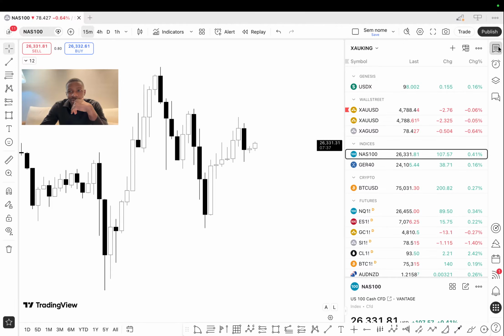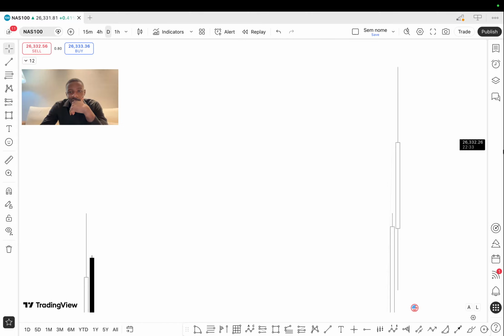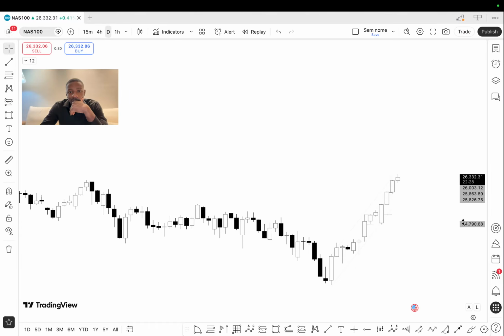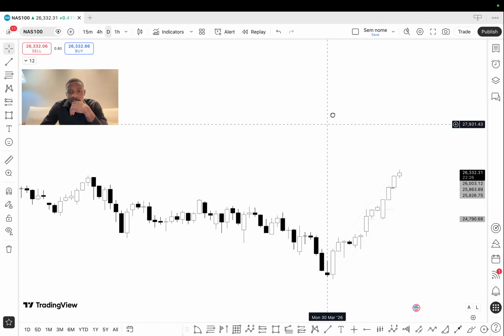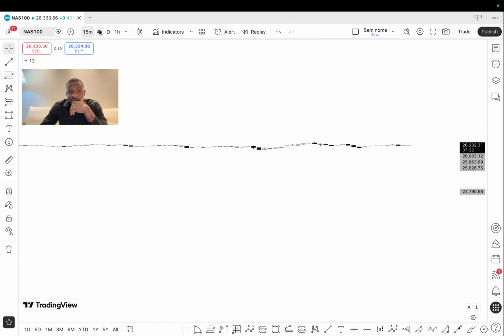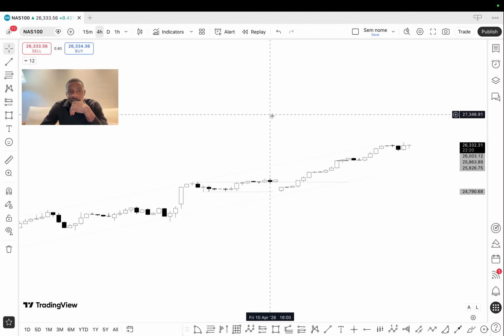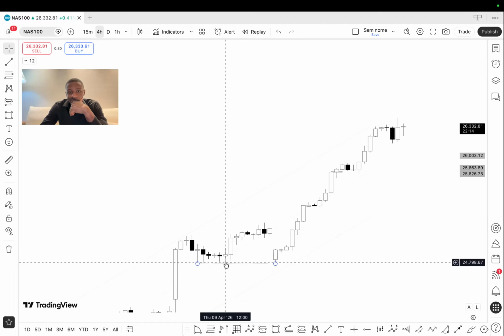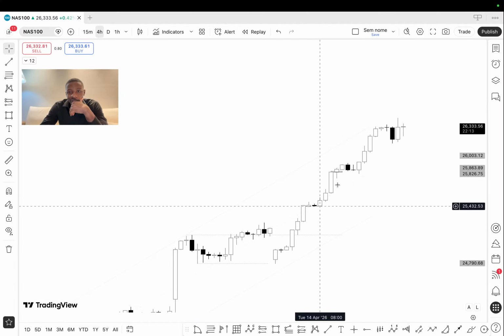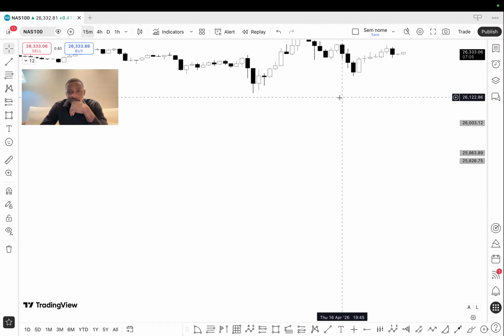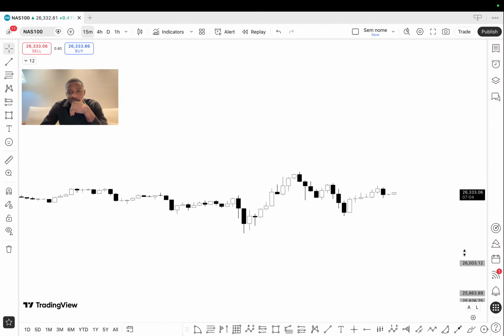I believe that this is one of the most difficult pairs to trade, the NAS 100. NAS 100 is actually also supposed to be selling, but the Nasdaq is extremely bullish. As you can see, it keeps breaking the structures. This is a level that it actually rested upon, but I believe that it's going to go all the way up from here. If I look on the 15 minutes, as you can see,